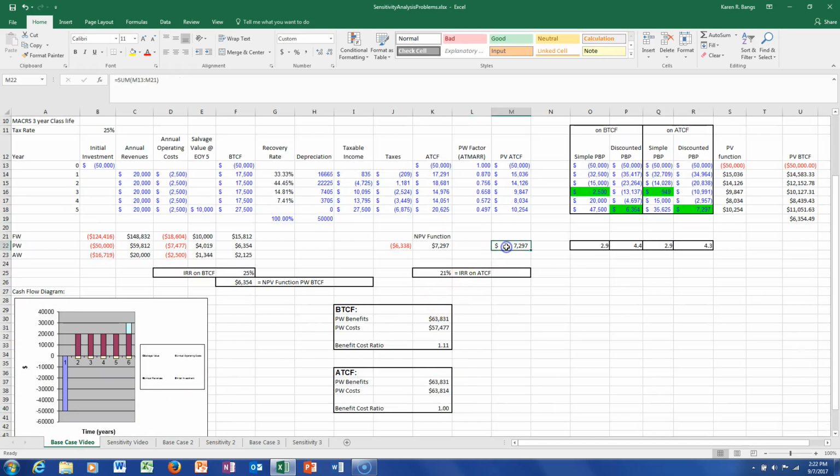which we see here, $7.3 thousand, and so the decision would be to move forward. But what if our investment changed? How much would it have to change for us to say, no, we're not going to move forward on this project? So this is where we use goal seek, which we saw in the earlier